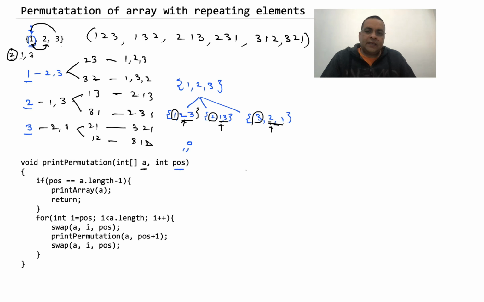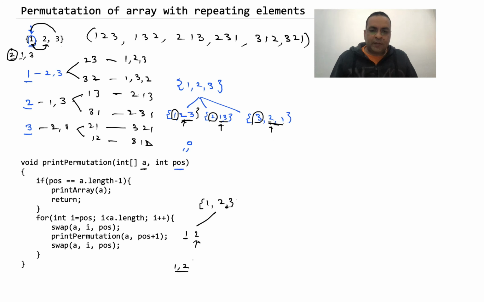How this works is that, let's say we have an array of only 2 elements, 1 and 2. In this case, first we fix 1 at the first position and then we call the function for 2. When position is at the last element of the array, we don't do anything and we just print this array. So 1, 2 will get printed. Then the control will come back to the previous function where we will swap 1 and 2. So 2 comes here, 1 comes here, and then we call the function again for position equal to 1. Because this time also position is at the last element of the array, it will just print the array. So this function will print 2, 1.